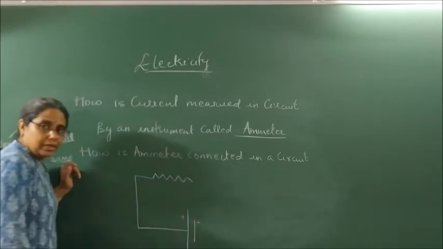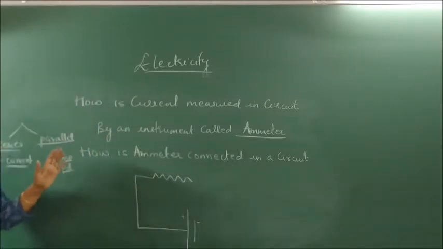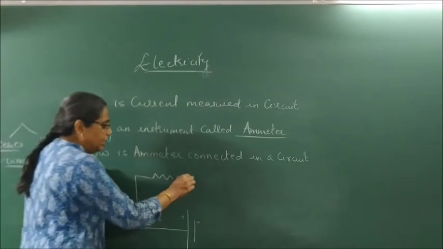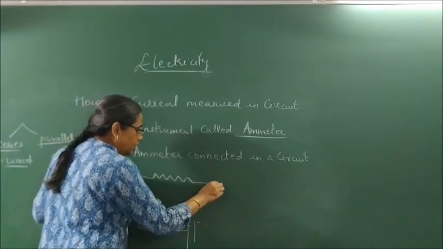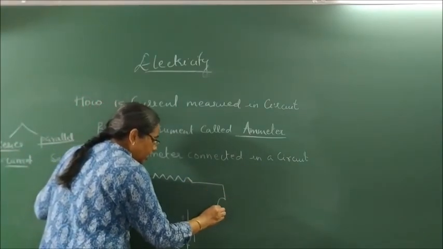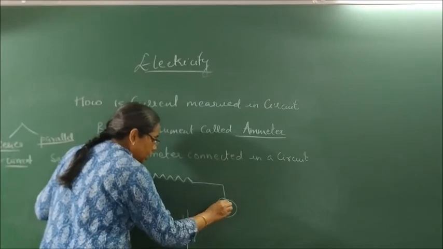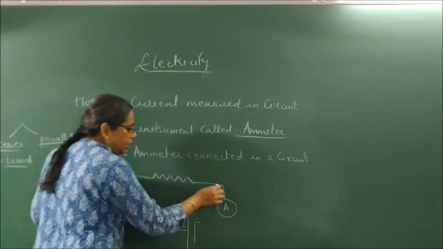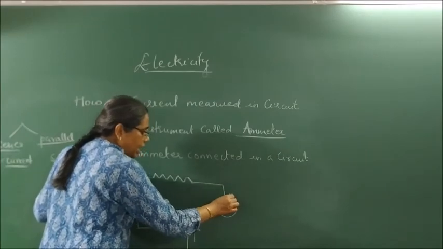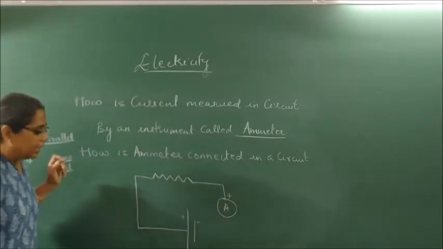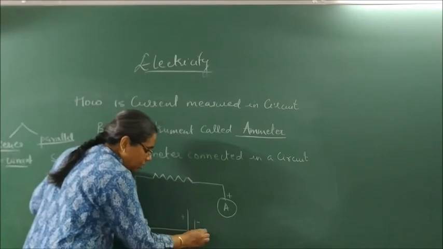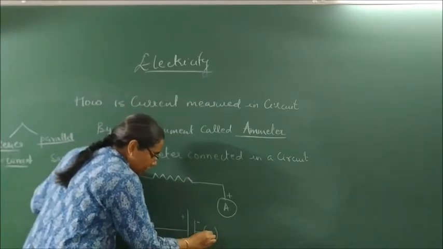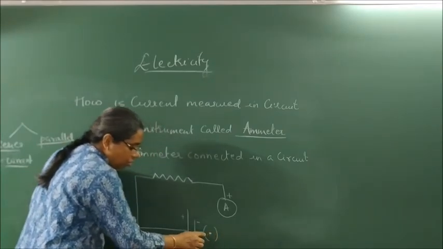This is a resistance. What is a resistance? We will study it later. And then the current goes through the resistance. This is the ammeter. The positive of the cell is connected to the positive of the ammeter. Correct? There has to be a plug or a switch. This is my switch, which is closed here.